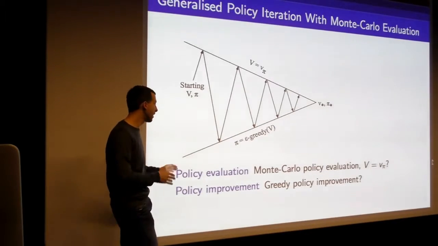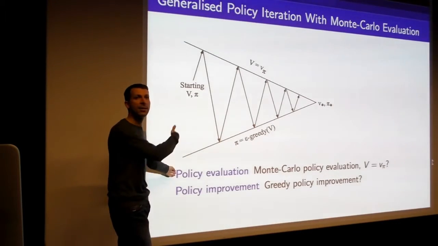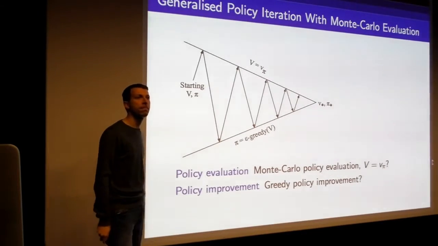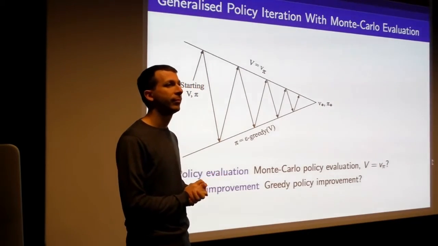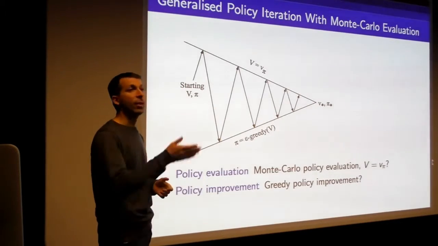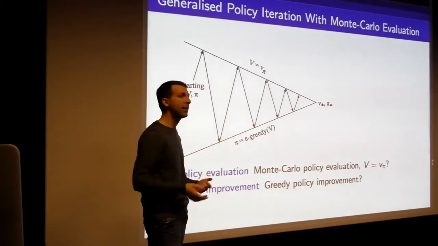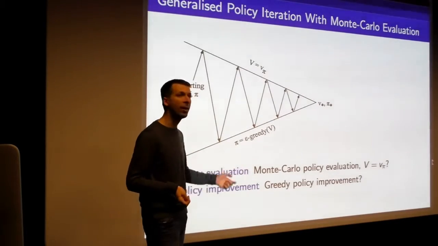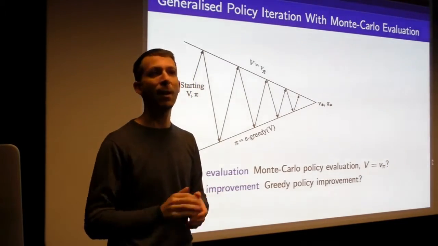Any thoughts? So that's actually the problem with the second step. Any problems with this first step, with evaluating V in this way? Yeah? You need to run a whole load of trials to get a good measure of what the best policy would be at any given step. Okay, so the point was that maybe it's slow to do this, that you might need a lot of episodes to actually make this work. That's true, and we'll improve on that by using temporal difference learning later. But let me move on.